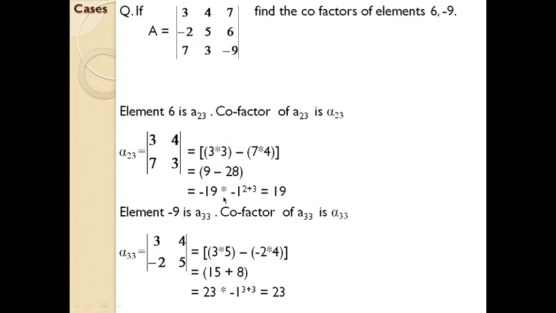See how the signs work. Here we got +1, here we got -1, but finally we got positive sign for both cases, because here it was a negative minor, here it was a positive minor. So you need to identify the signs, positions of each element and minor, as well as the cofactor. While computing for cofactor, you have to be very cautious regarding the position of that particular element in that specific matrix.